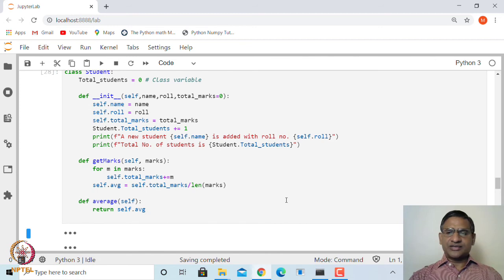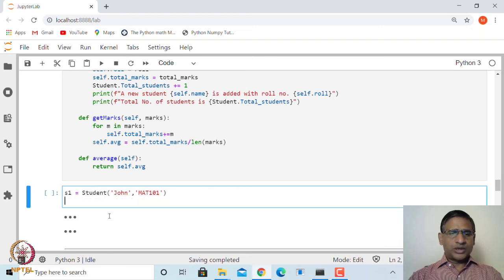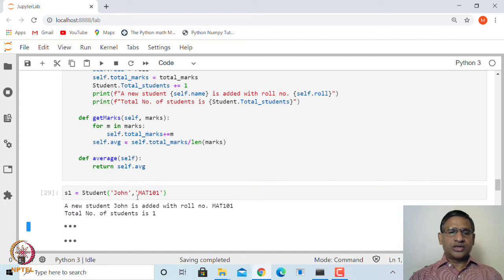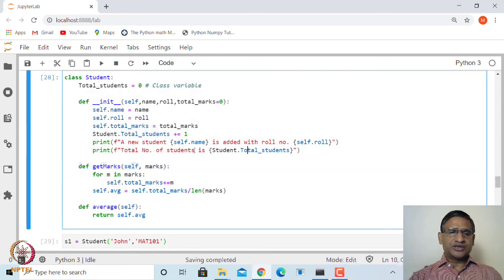When we run this, let us create an object called S1. Let me go one by one. This is an object called S1, which is a student with name John and the roll number M80-101, and again it is displaying these two messages, which come from the two print statements we have created already inside the initialization itself.